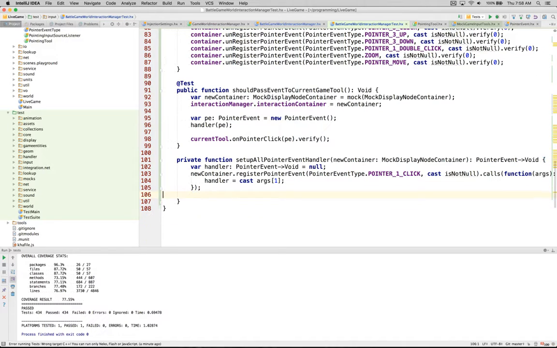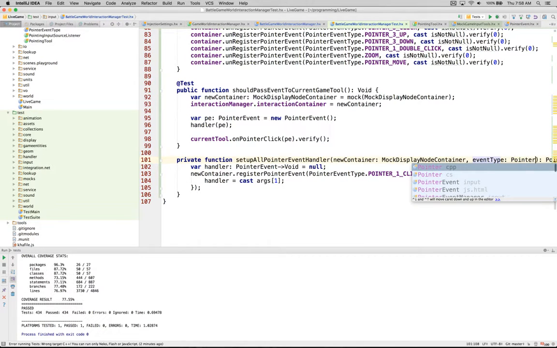So we're going to undo that. Just going to get the handler and our event type, enter event type,